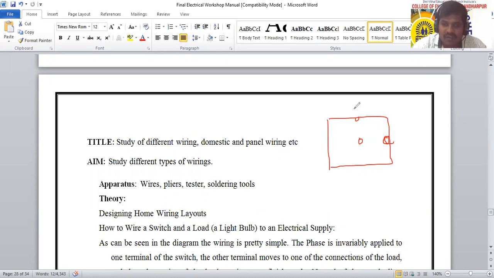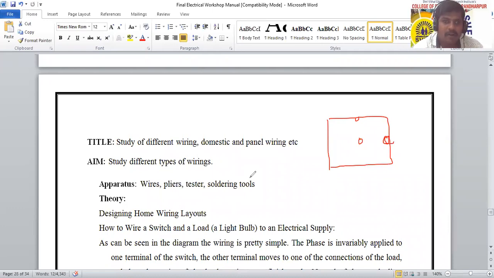So for controlling this, if we do simple wiring, that means generally for our domestic application we use simple wiring. By using one switch we control one load. I think you people already know. In our domestic wiring, or home appliance type of wiring, we control one load by using one switch. In our hall, suppose there are two bulbs, one fan and two sockets. So for that we use 5 switches.